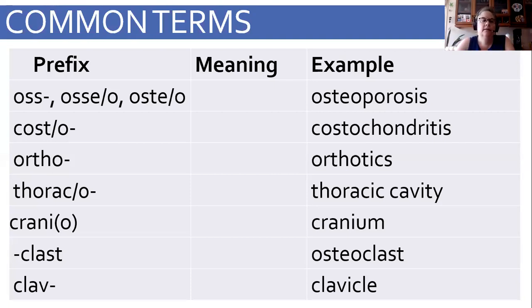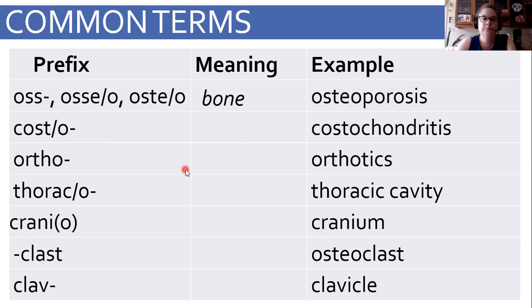Okay, so the first thing we have here, because it is in the curriculum that we talk about parts of words. So in the skeletal system, we have os, osseo, or osteo. And all of those mean bone. So I put a word here, osteoporosis. So osteo is bone, porosis, something's getting pores or holes in it. So that's where a person's getting holes or their bones starting to weaken. Okay, but that's the osteo part.